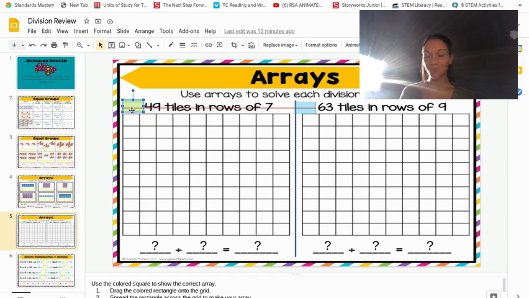So let's say I have 24 tiles, and I want them in rows of 6. So I'm going to make 6 in each row. So I have 1, 2, 3, 4, 5, 6. Okay, I'm going to drag it out, and then